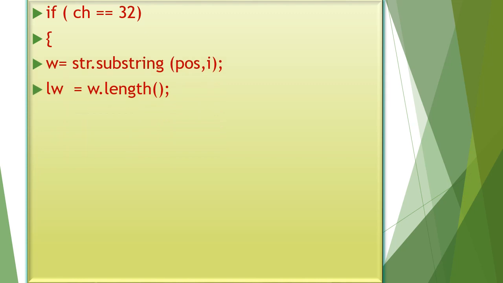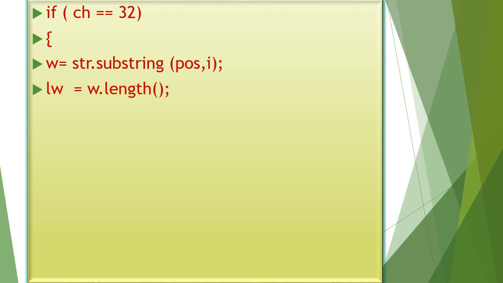Then we extract that word by using the substring function and store it in the variable w.